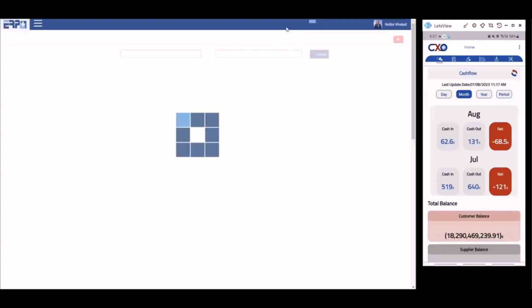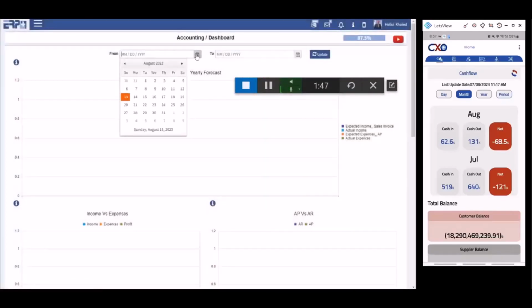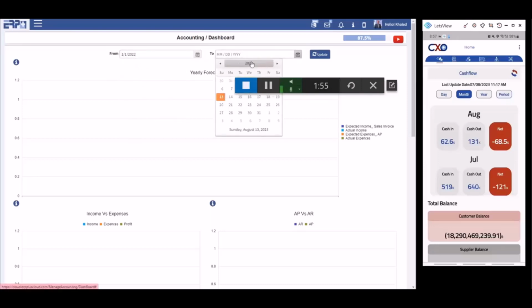If we check here, we will find something related to the accounting, which is the dashboard of the accounting. For example, if we go to last year and want to check what the accounting behavior was this year, we may go to December last and just change to the end of the year